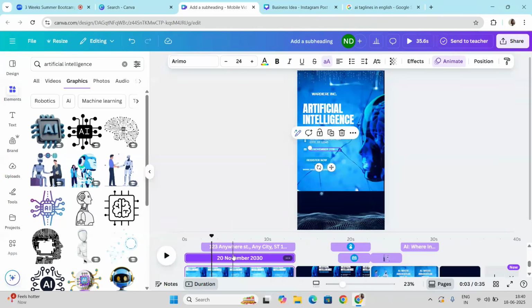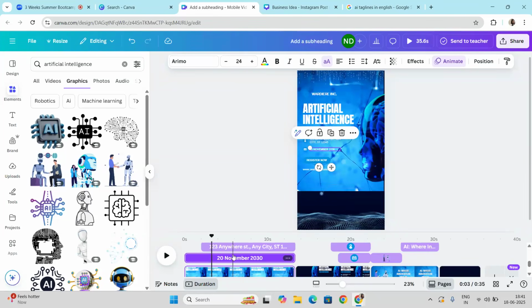Just a second, ma'am. Madam Trupti, what you have to understand over here is you don't have to do it manually. Once you add all the elements, like in the first, we didn't add any element. Now, all the elements are included, like artificial intelligence, register now, address, mail ID, everything is added. So when you click on that particular page, automatically the listed elements will be shown at the bottom.